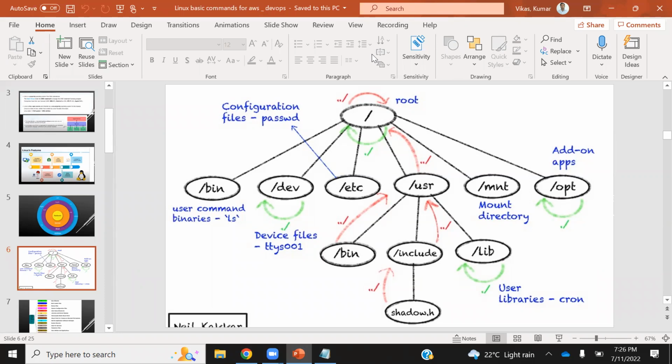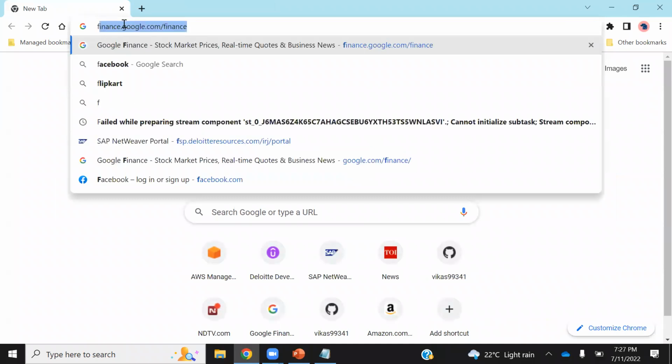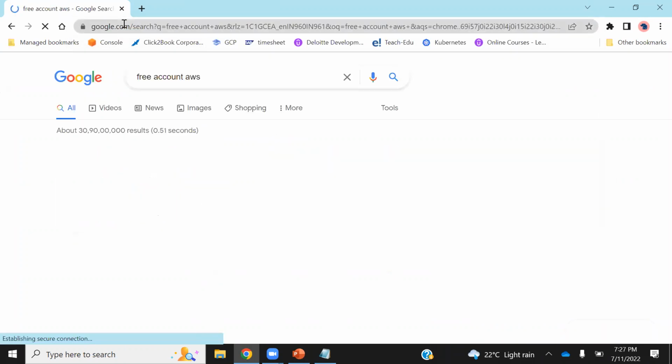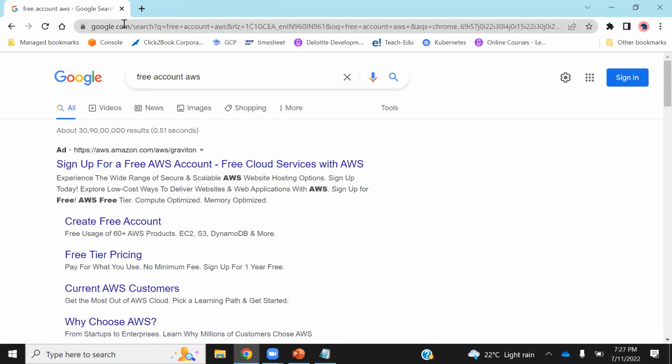Now, what we are going to do is, if you have already attended the class, you will have this. But if you are attending this class for the first time, you will need an account on AWS. We need to practice everything. I told you that the training will be very hands-on oriented. So we need a free account on AWS, because whatever we are going to do, we will be implementing on the cloud. We don't want our local system to do anything, because nowadays everybody is going to the cloud. So the entire DevOps and the entire AWS will be implemented on the cloud.